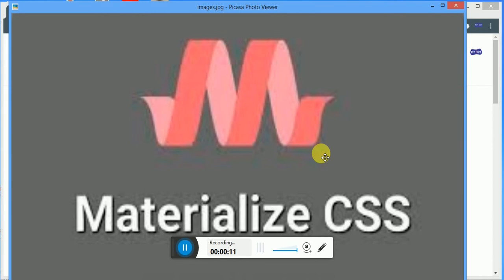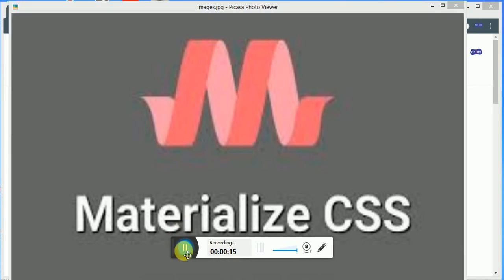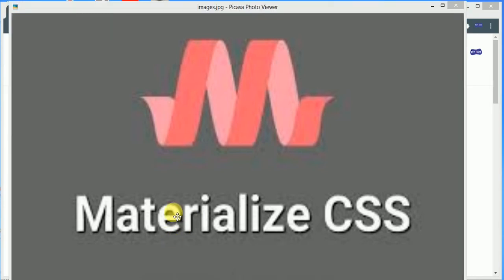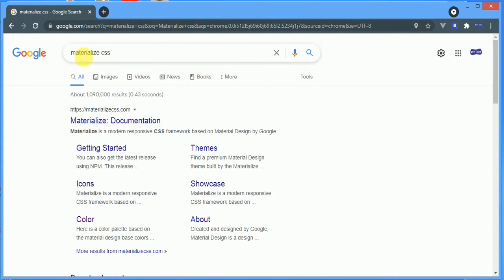In this video tutorial we are going to learn about Materialize CSS. Okay, let's quickly start. I just googled Materialize CSS. This is the official website,